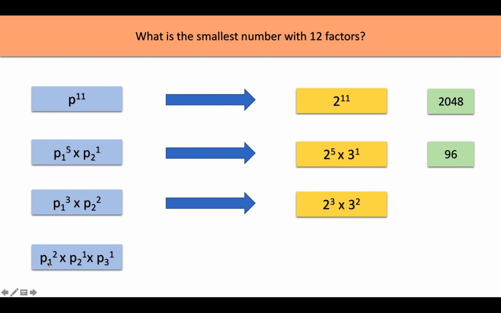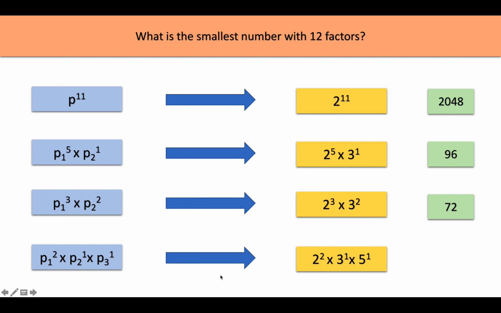In the next case, again, we'll put the 3 smallest prime numbers, which are 2, 3 and 5. But 2 will get the highest power because we're trying to find the minimum number, the smallest number, right? So we get 2 square into 3 into 5. So of all the answers that we get here, 60 is the smallest one. So 60 we have identified is the smallest number which has 12 factors, right? So 60 will be the answer here.